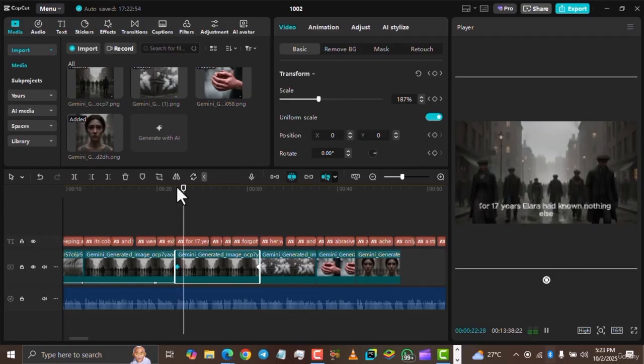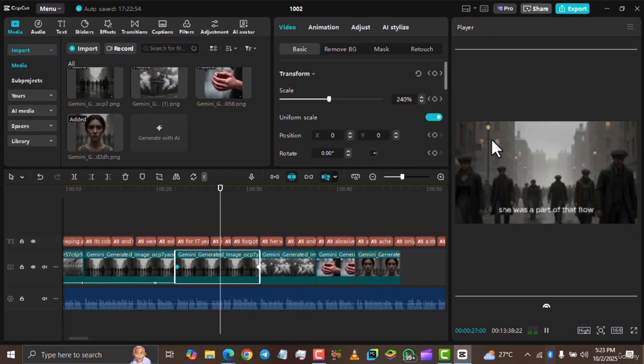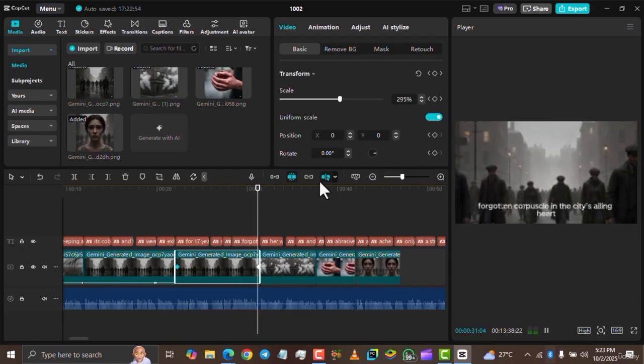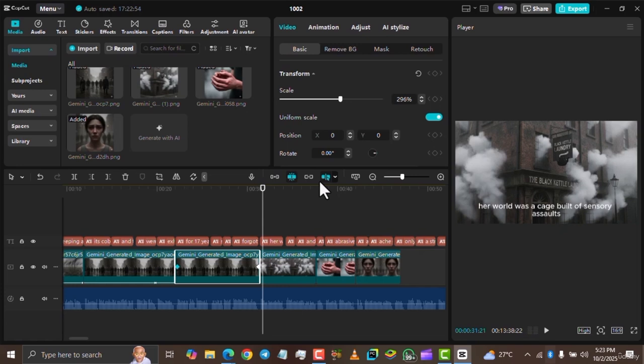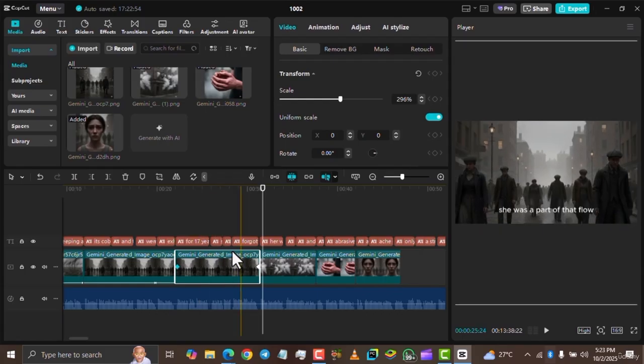For 17 years, Elara had known nothing else. She was a part of that flow, a nameless, forgotten corpuscle in the city's ailing heart. Her world So you see, I just added the same zoom in animation to this image here without having to